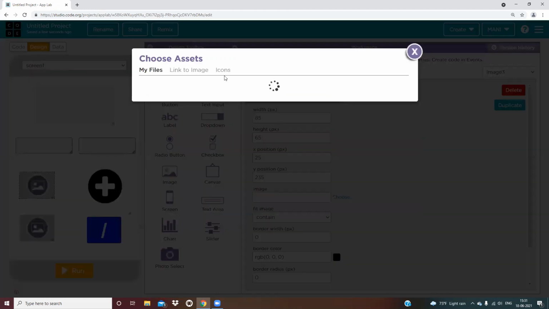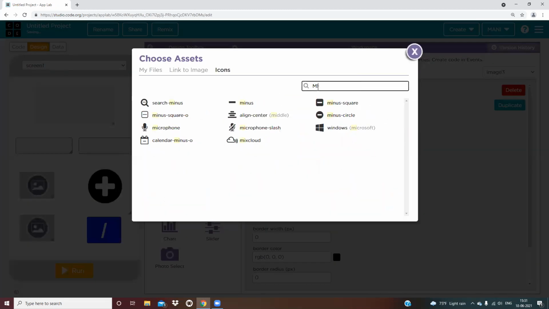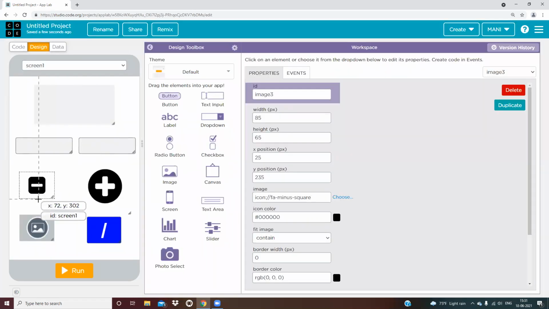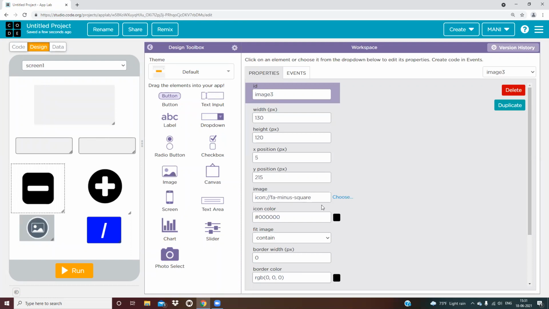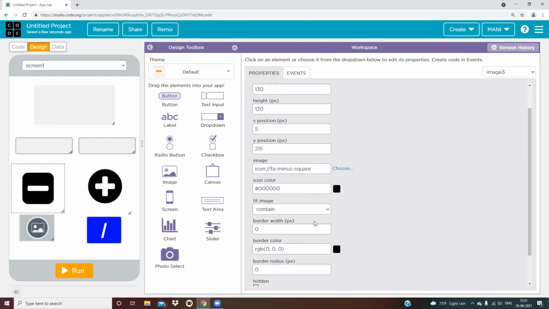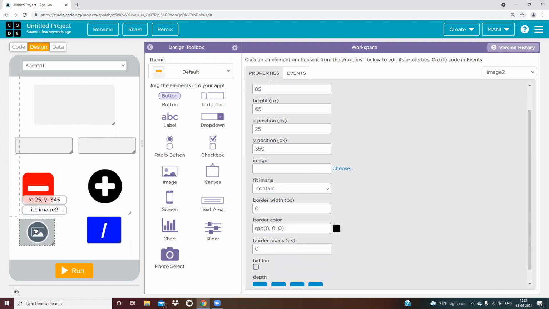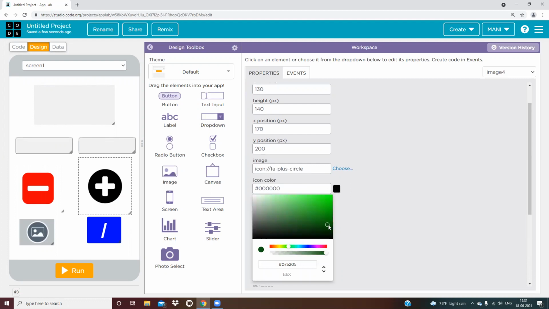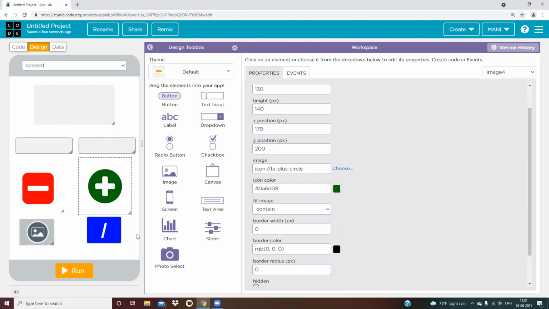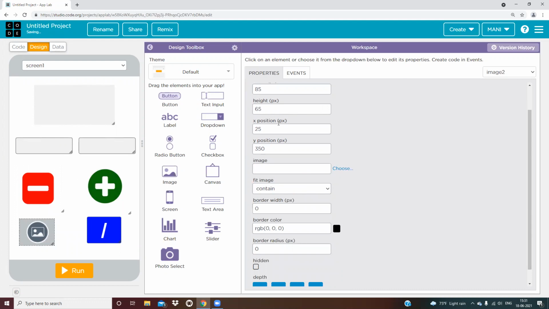And now minus, I'm taking square. The icon is okay. I am changing the color. Icon color, I will make red, and for plus I will make it dark green, and this is for multiplication. Okay,